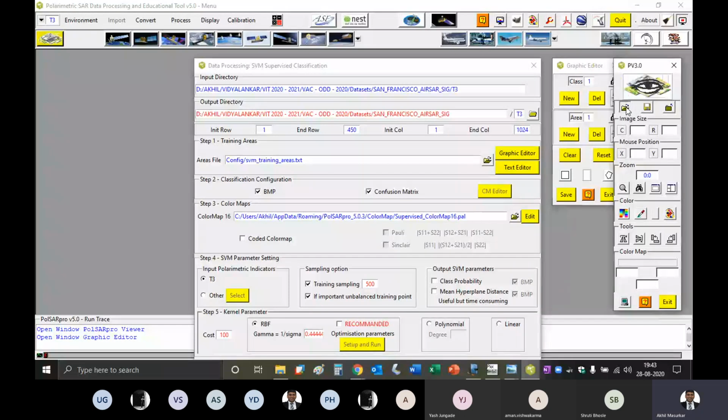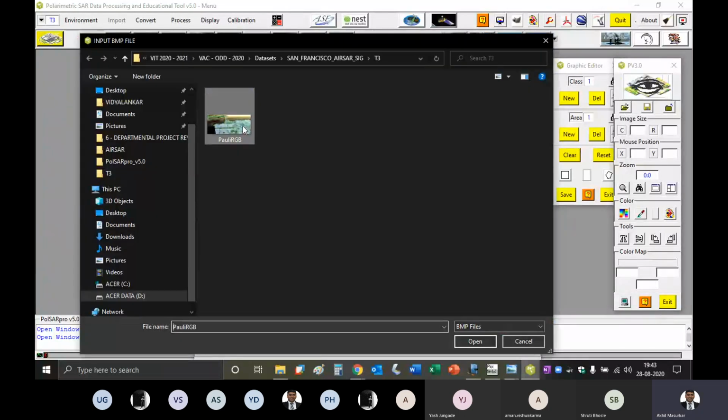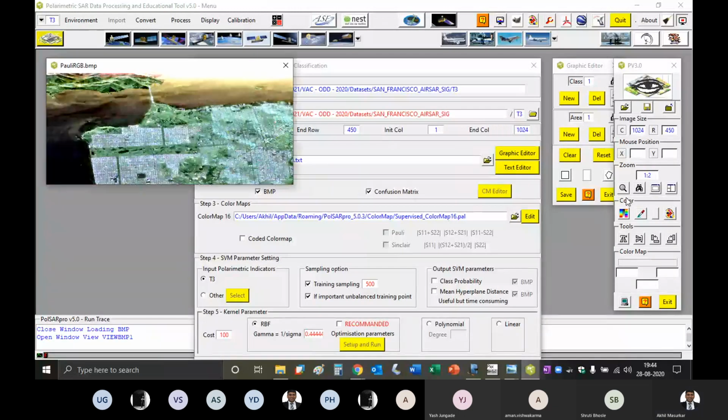Then go to this and say open poly RGB. So here also you can give 3 classes. I can start with class 1 and say new area. So this is nothing but water body. This is also water body.